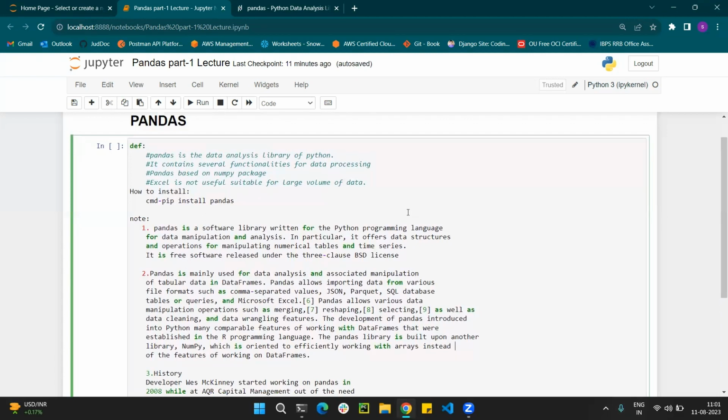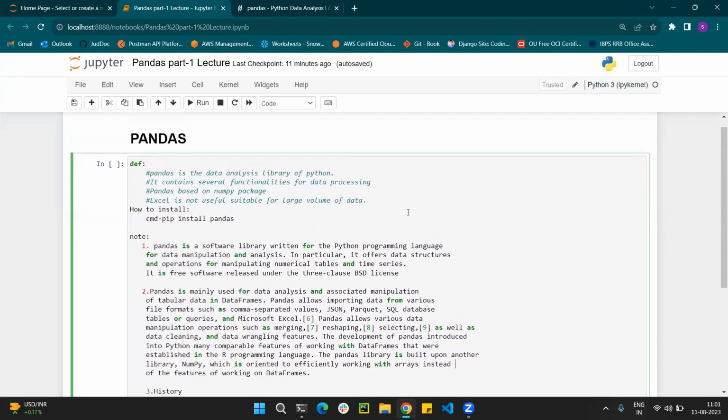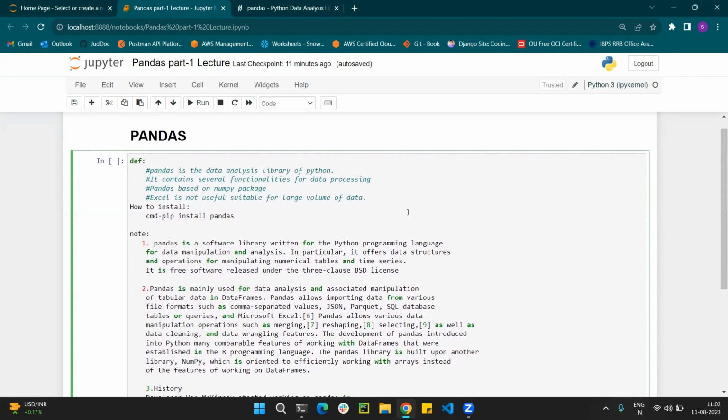Okay, not late. Let me start my Pandas introduction. What is Pandas and why do we read these things before we learn Pandas? We should know the reason behind it, because without a reason, studying these things is useless. So these are my questions.